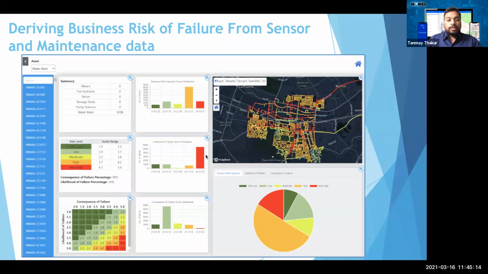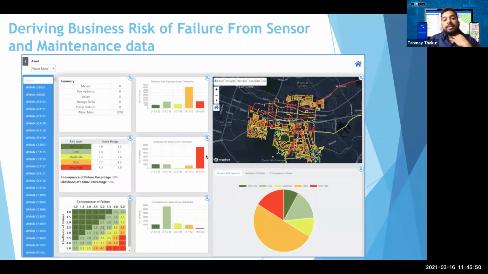Now, why do we actually require this business risk index? Many of the people who have joined today might be from water districts, and I know that you do a pipeline replacement program each year, right? To do this, we will provide a solution using AI, machine learning, and a hydraulic model to tell you which pipelines the data suggests you need to replace.